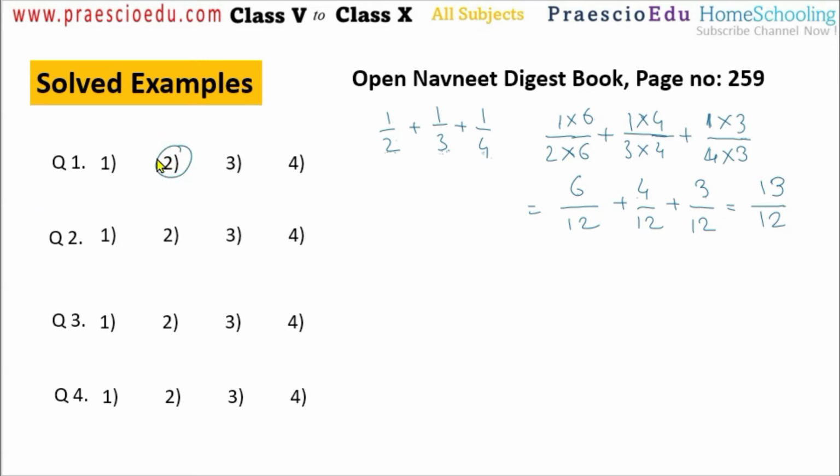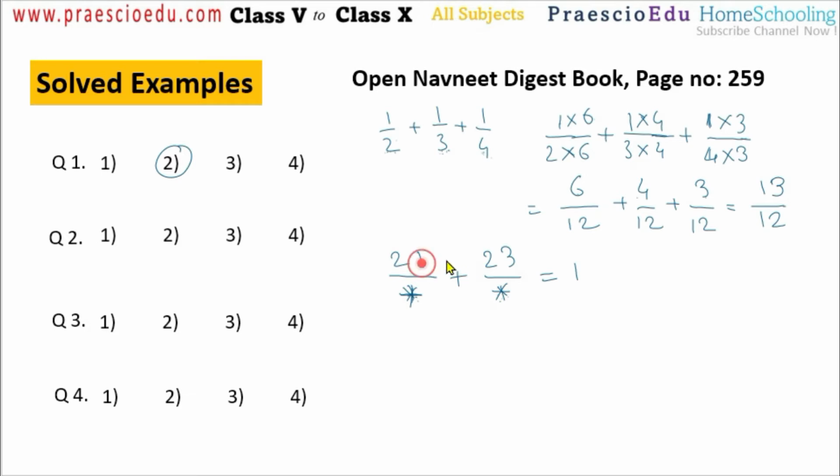Now question number 2: if the sum of 21 by asterisk, meaning a star shape, okay, so I just make it like a star. So 21 divided by star, plus 23 divided by this star, or we can say 23 by asterisk, is equal to 1. Now both are the same, meaning both the locations in the asterisk, both the digits are the same. Okay, so we have to find out this asterisk.